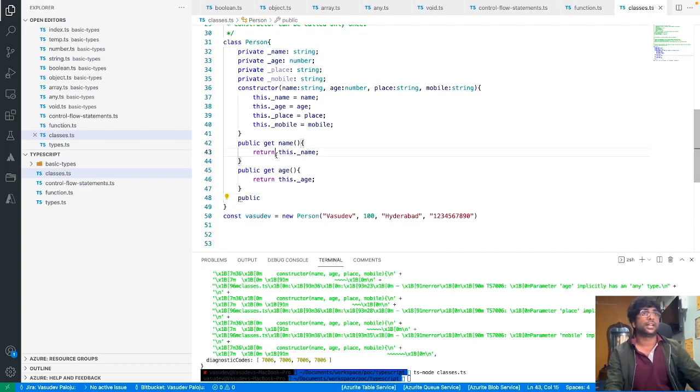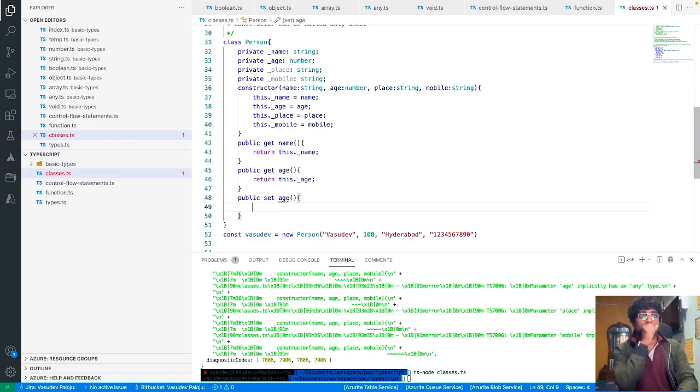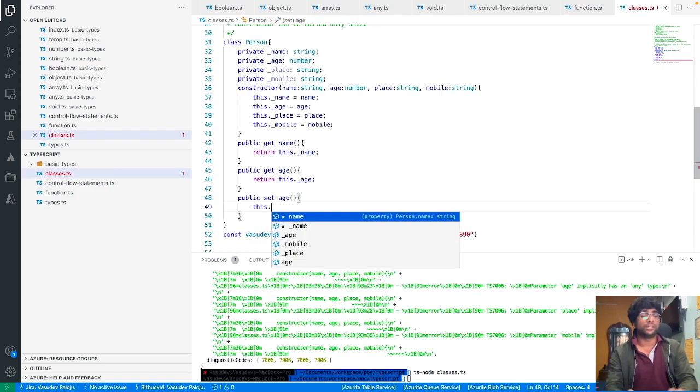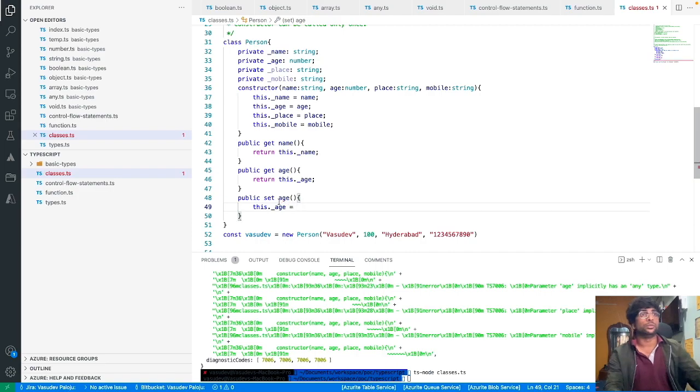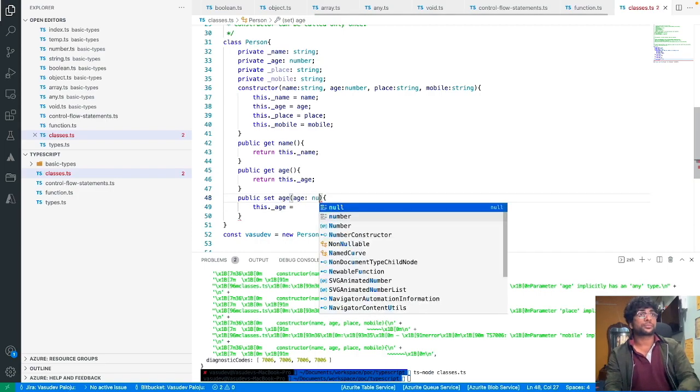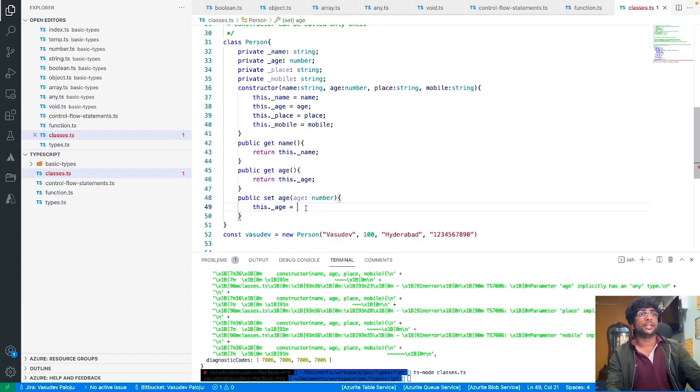my age, right? So Vasudev has been created. Let's say you created an account in some of the places and now suddenly I want to update my age because of wrong calculation. Then how can you do that? Because this is a private property, right? In that case, we have the setter. So public set age